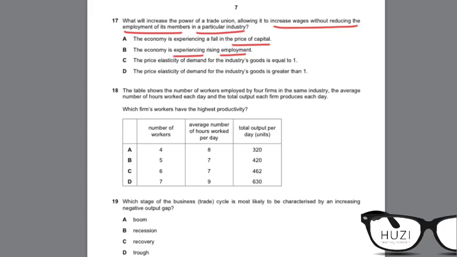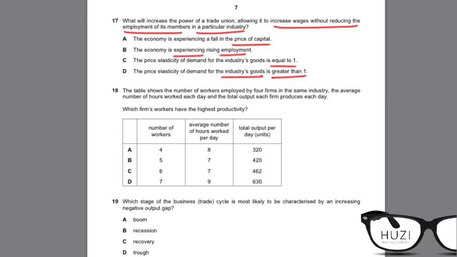B. The economy is experiencing rising employment. Mm, okay, this could be an answer, right? C. The price elasticity of demand for the industry's goods is equal to 1. D. The price elasticity of demand for the industry's goods is greater than 1. Okay, I'm not really sure what the last two options mean, but